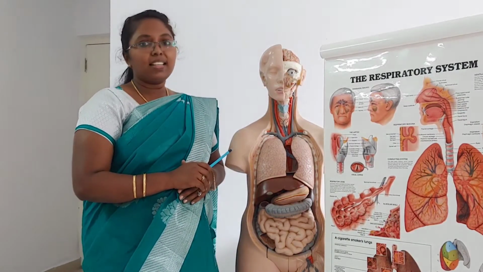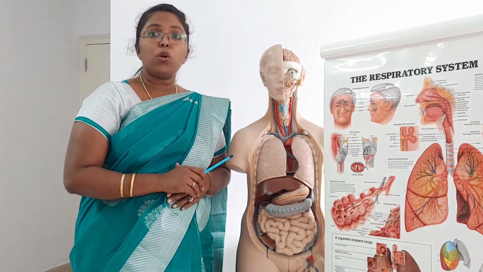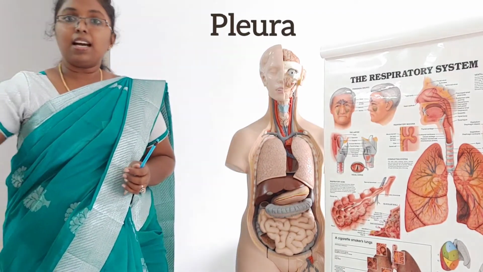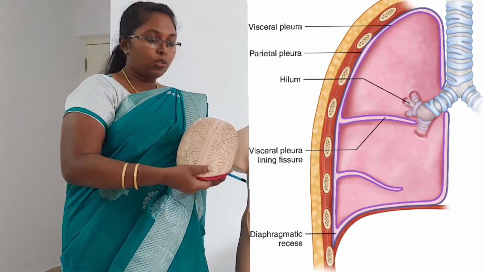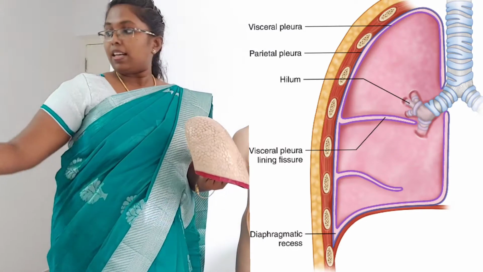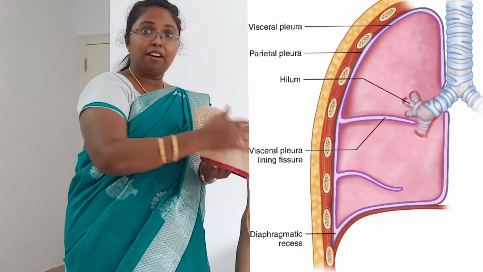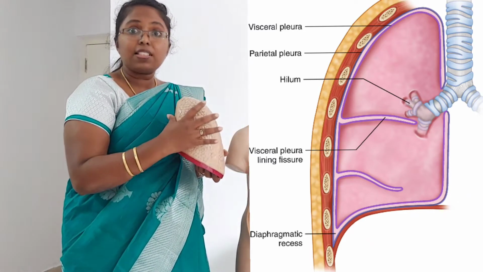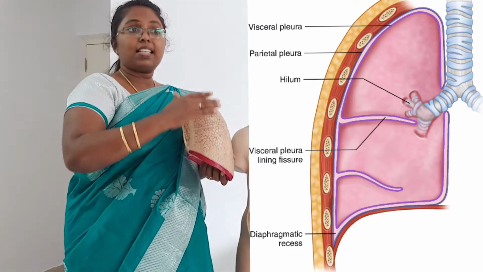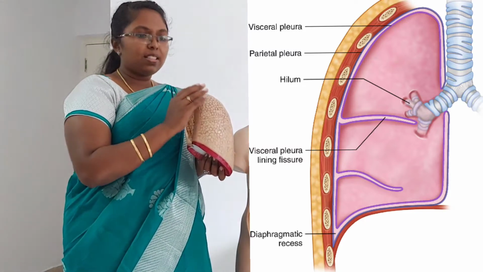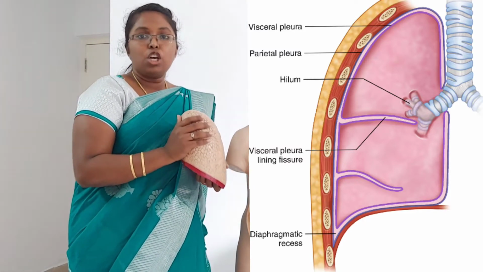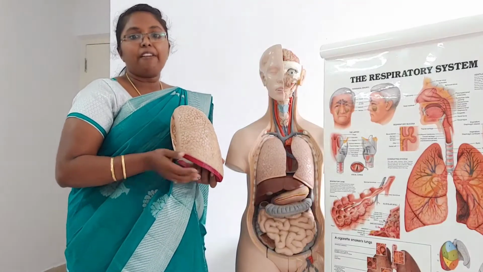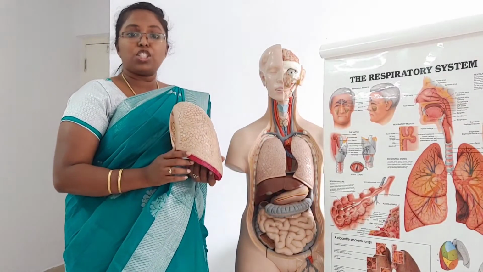Okay. The next topic today is the pleura. The pleura means the lung is protected by an outside covering, which is known as the pleura. This covers the lungs. The lungs expand and move down, but this is a gentle organ, so it should be covered by the pleura. The pleura has two layers.